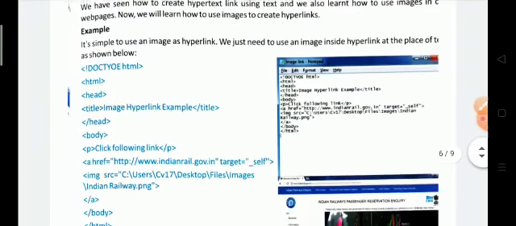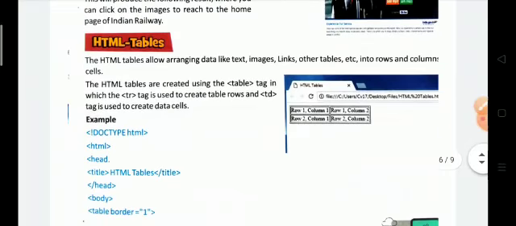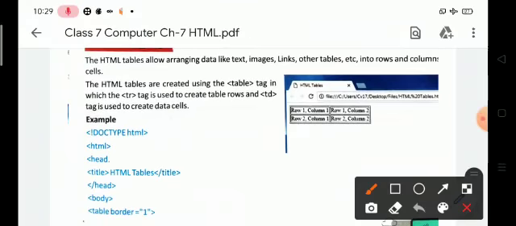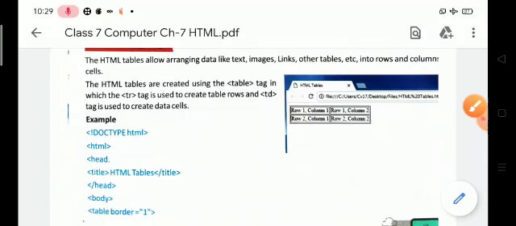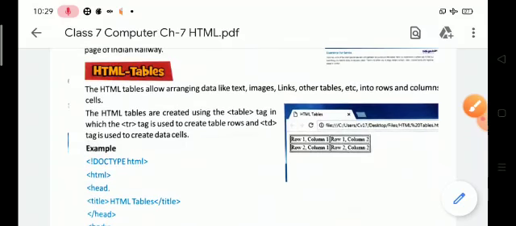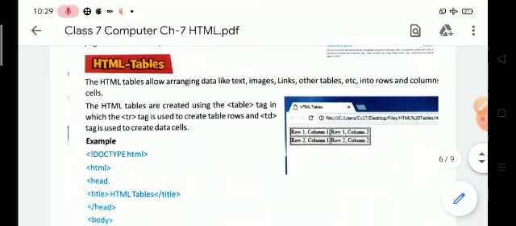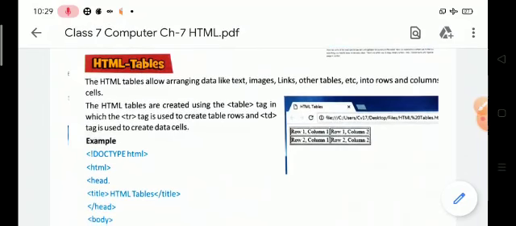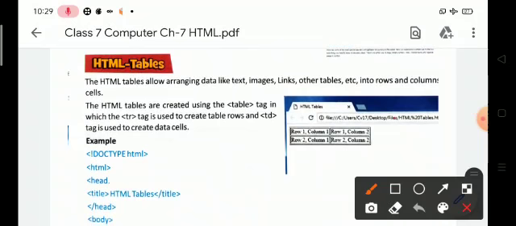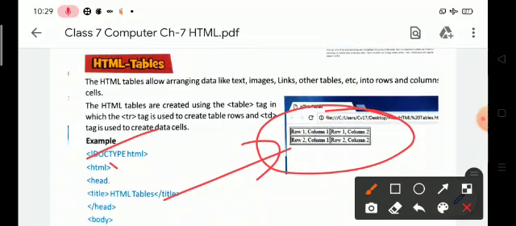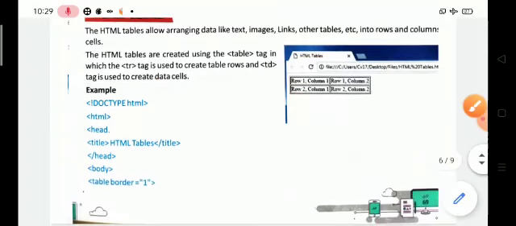The next topic is HTML tables. HTML tables arrange data in the form of rows and columns. An HTML table allows arranging data like text, images, links, other tables, etc. into rows and columns. Look at this picture, this is a table.